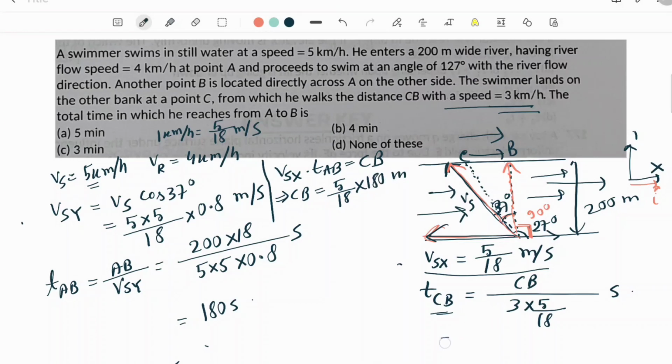So CB comes out to be 5/18 into 180 divided by 3 into 5/18. The 5/18 cancels out. 180 by 3 is